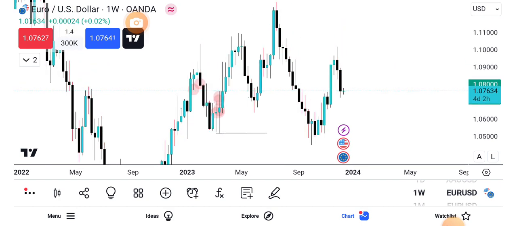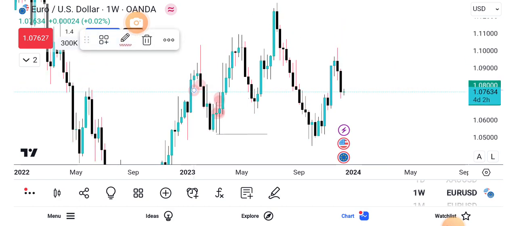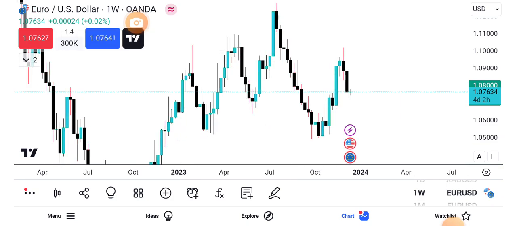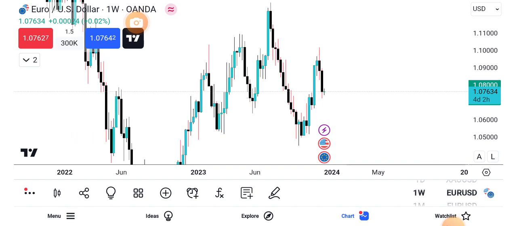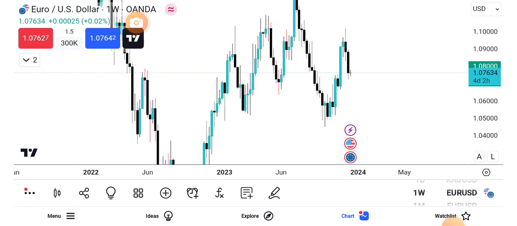Let's look into the charts, doing whatever we love doing. First of all, I'll start by getting rid of all these that I'd made before, and let's start from zero. So we have this clean chart of ours, and from this chart what we can see is this is the